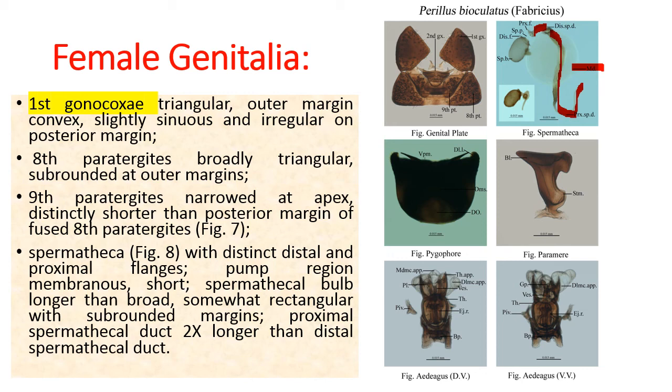The purpose is that in the case of bugs, when you dissect the female genitalia, you will see two parts. You will see the female genital plate, in which you will see the first gonocoxae, second gonocoxae, and the eighth and ninth paratergites. In addition, you will also dissect and see the structure of the spermatheca, which is composed of distal and proximal flanges. The pump region is there, the spermathecal bulb is there, and you have the ducts, the proximal and distal spermathecal ducts. So this is all about the male and female external genitalia of